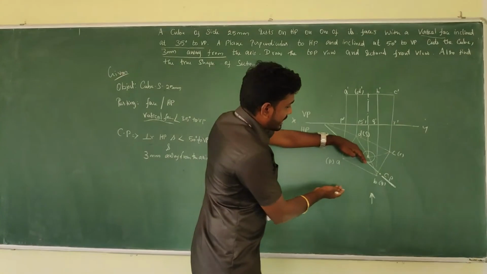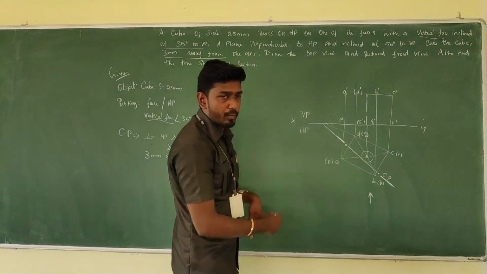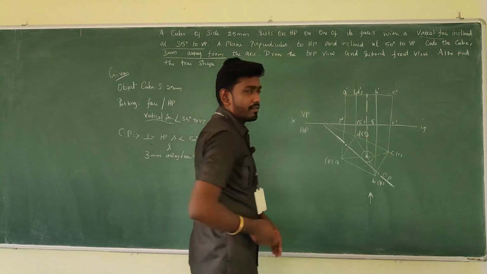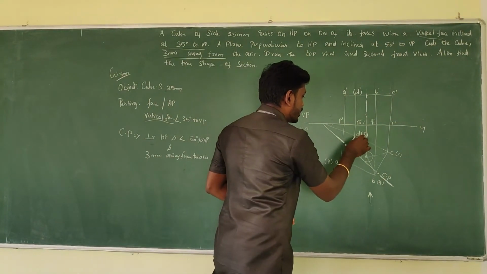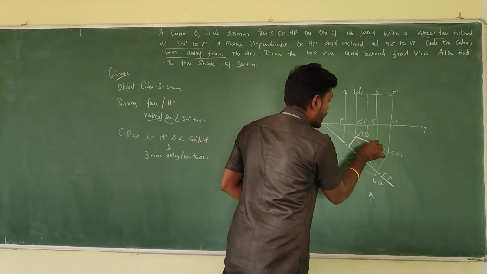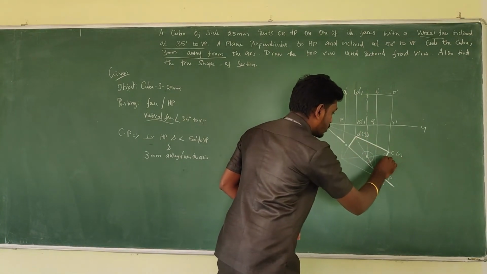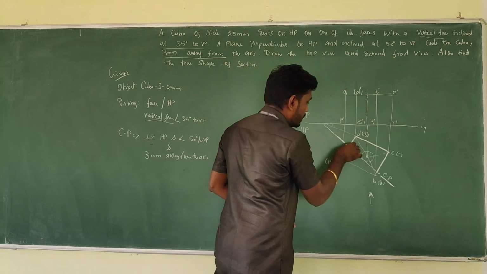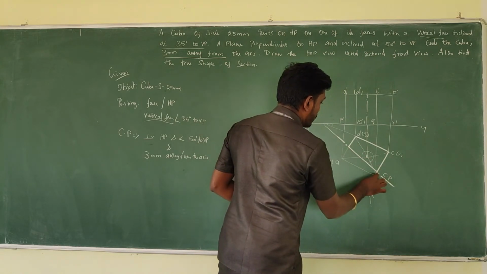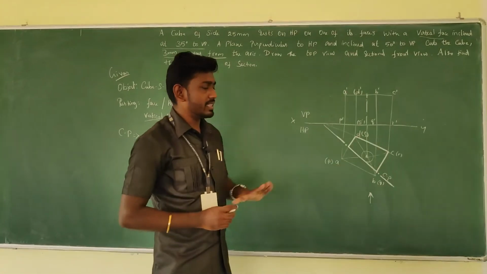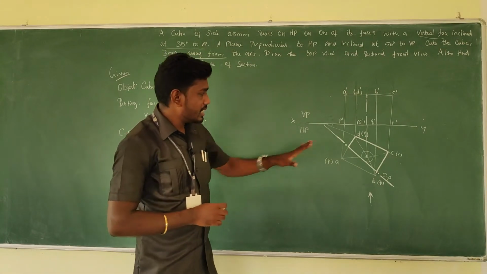So the portion between the cutting plane and the observer is the removed portion. This is the portion which remains. We can make the remaining portion a dark one. Make this a dark one, and also this as a dark one. Fine, this is removed with a thin line. We have completed the top view.